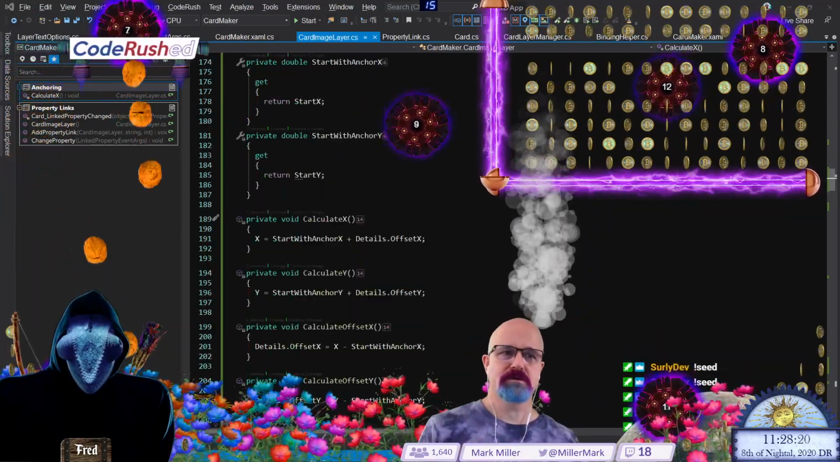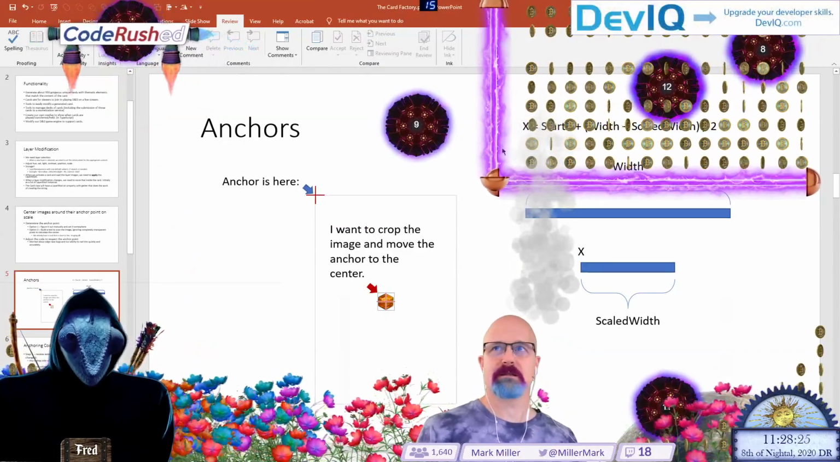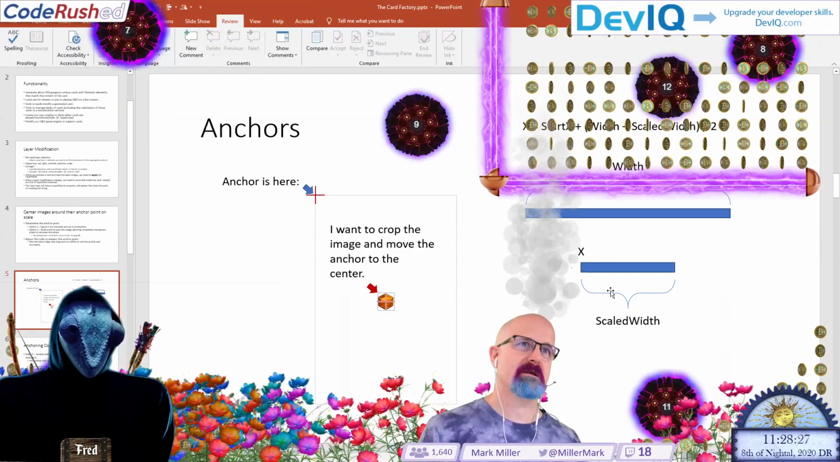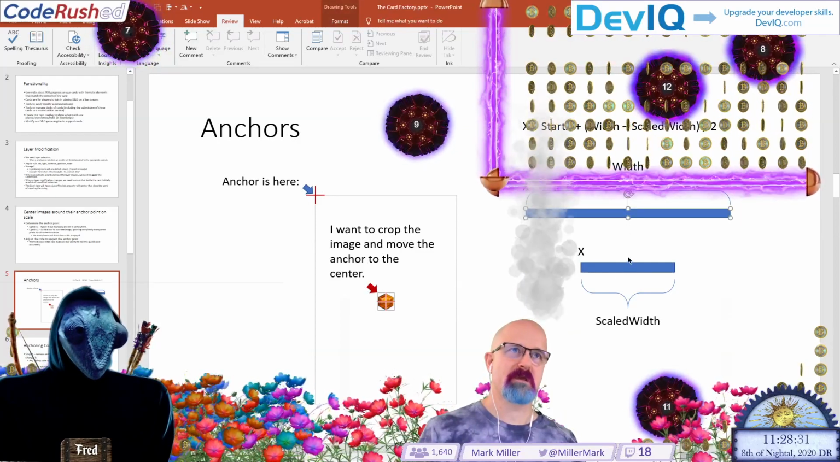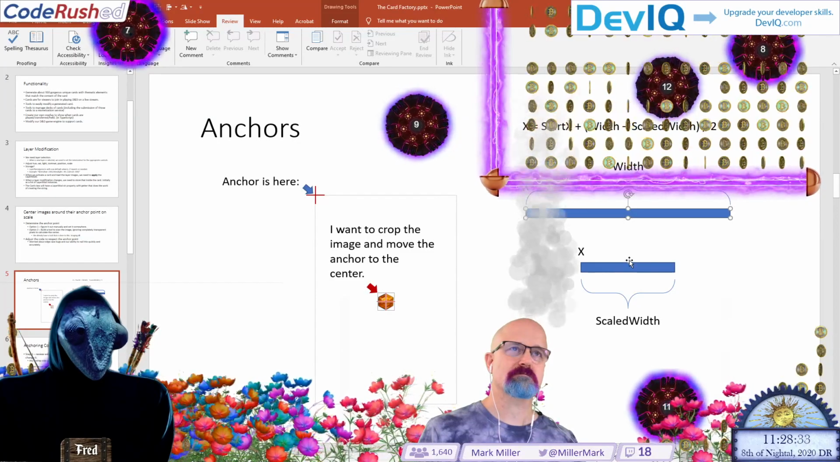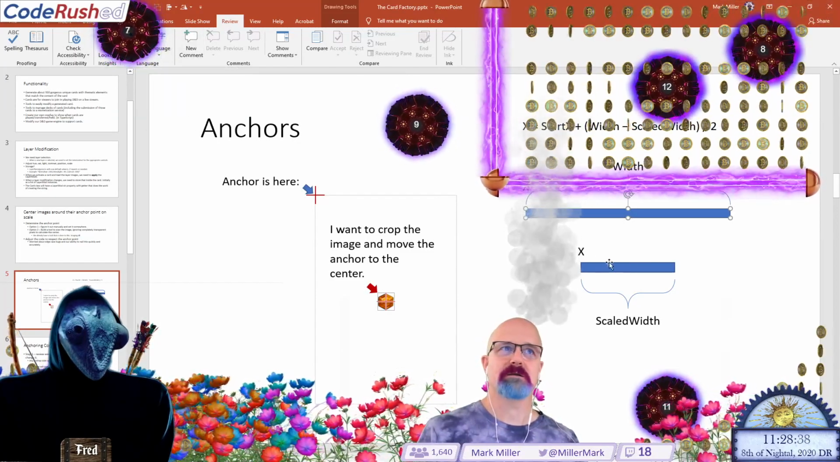All right, and now I'm excited that this is true. I think it's not going to help us. I think I need another math example is what I think I need. This works if the anchor is here. Yes. I think what I want to do is I want to say